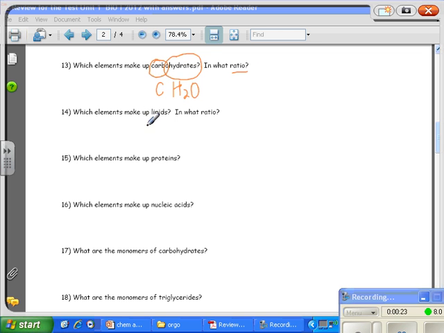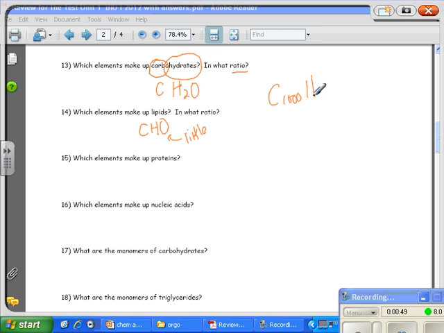What elements make up lipids? Same thing, except you only have a little bit of O. The ratio is just lots of carbons and hydrogens with a tiny bit of oxygen. So for every carbon, you basically have 2 hydrogens, minus a little bit, with some oxygens, but not very many oxygens. So if you saw